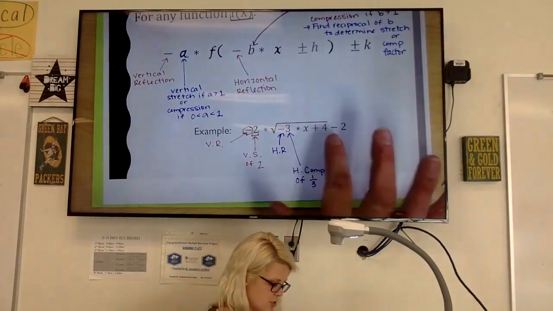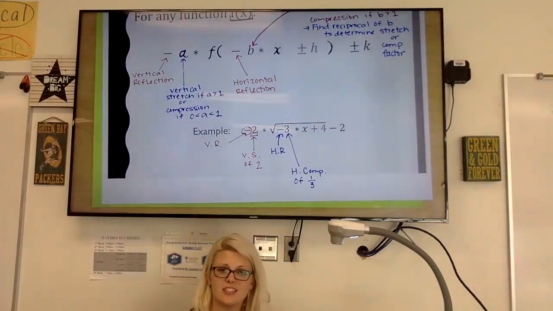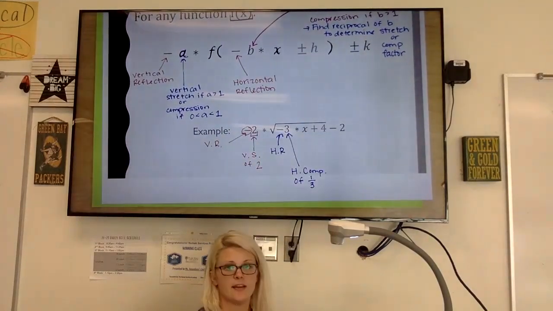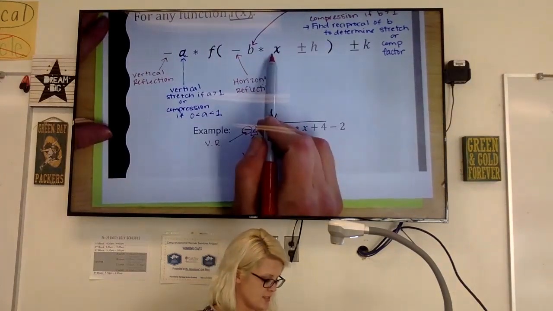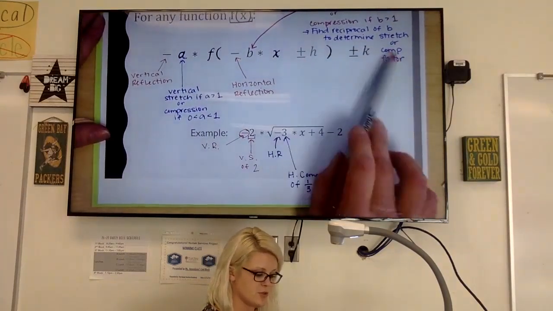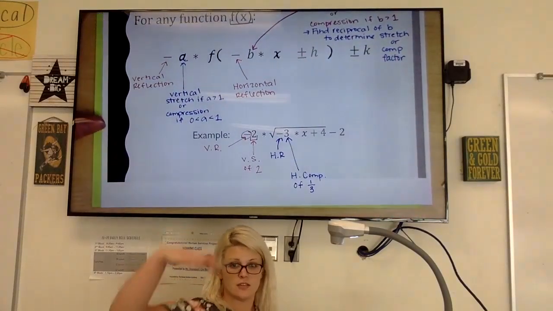Then the next 2 should be a little bit easier. I just think those are easier because it's just added or subtracted after the x. So if you see a number being added or subtracted, it's going to be just a shift. We're just shifting